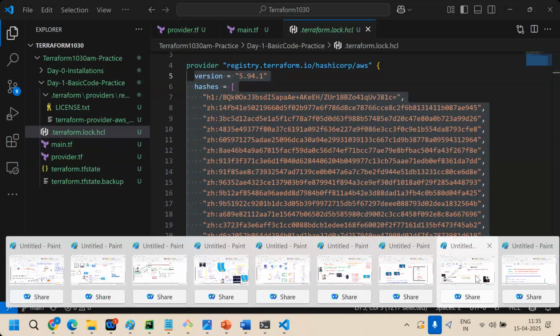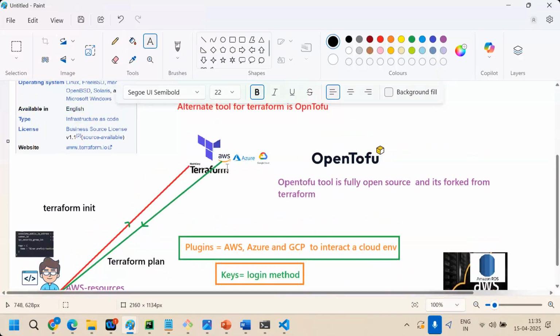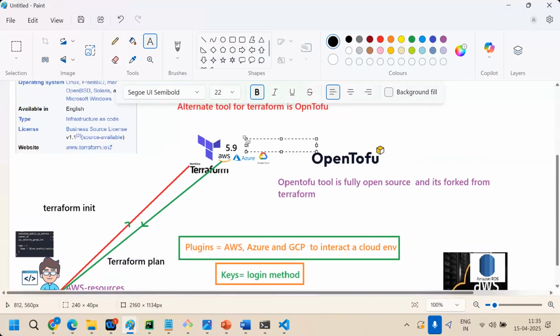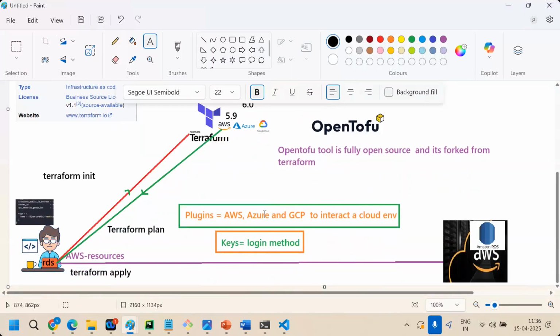Let me show you here. For example, the plugin version 5.9 is downloaded into the working directory. After a few weeks, Terraform releases a new version, 6.0. Clear?